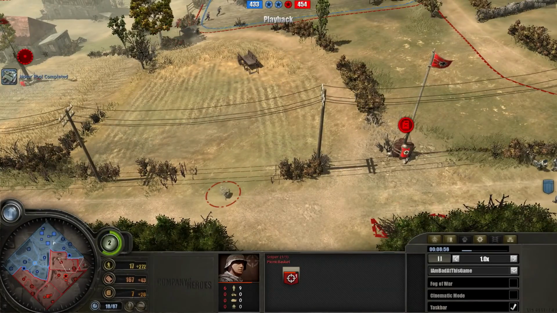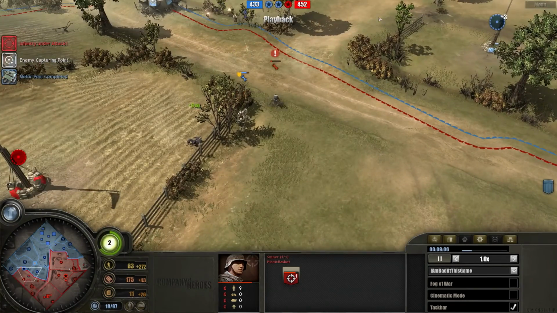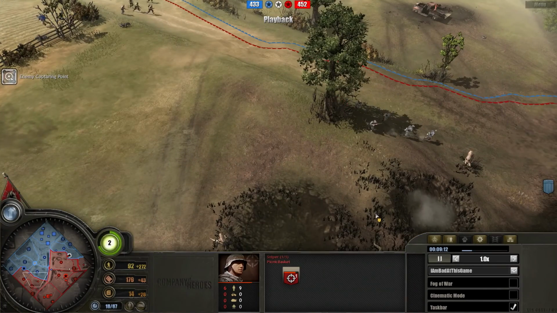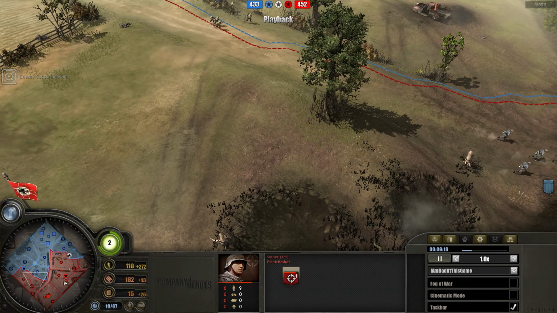And basically you could just build a whole bunch of Pioneers from the Wehrmacht HQ and use them to fight, capture points, and spread out really fast, even faster than the Americans can spread out. Ooh, I just killed a Pioneer squad. But anyways, you could spread out really fast with your Pioneers, and then once you hit 2 command points, you could get Stormtroopers as your infantry, and then you would also have veterancy from